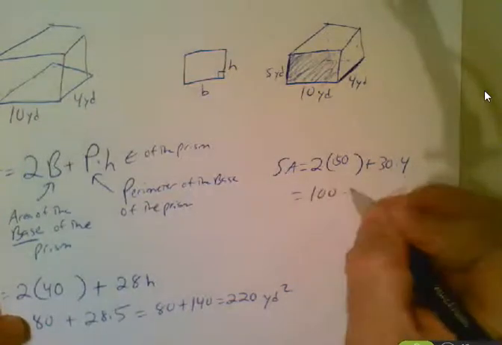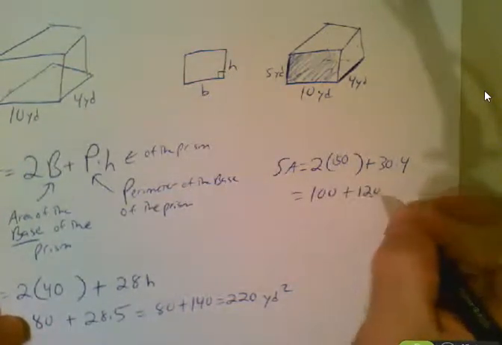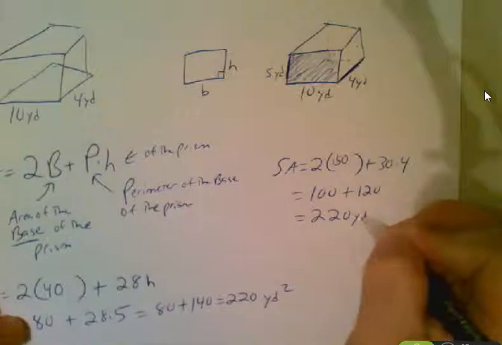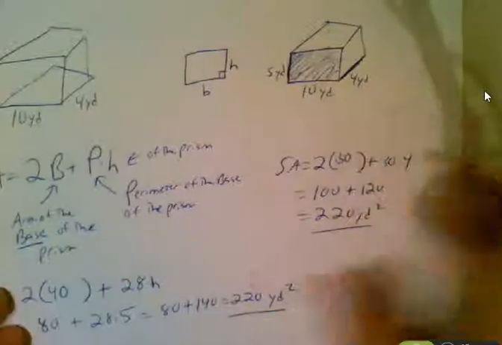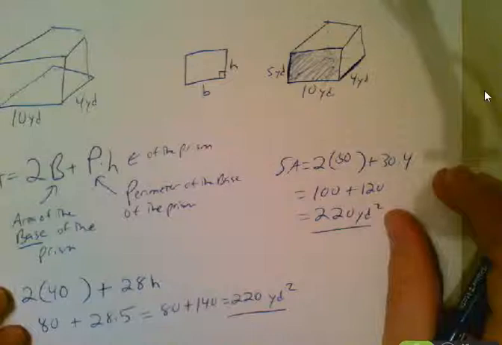So that's 100 plus 120, which of course is 220, which makes sense because no matter what way you do it, the surface area doesn't change, no matter how you hold that box. Okay? So hopefully that